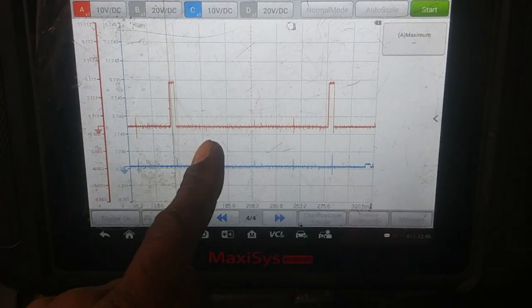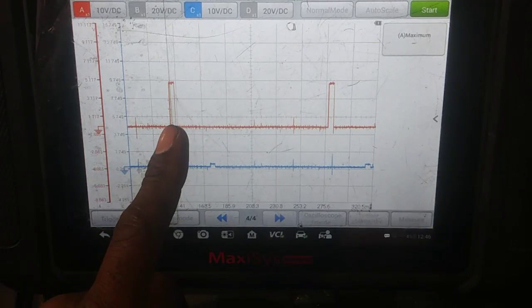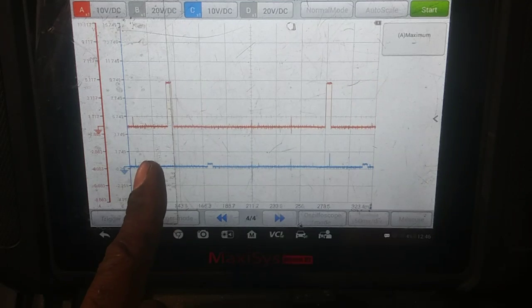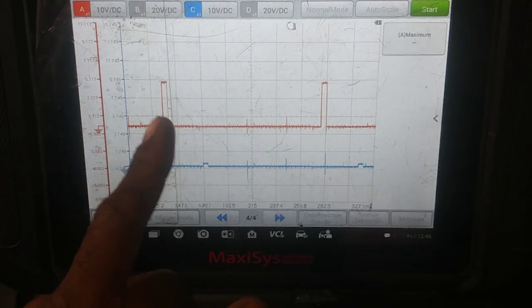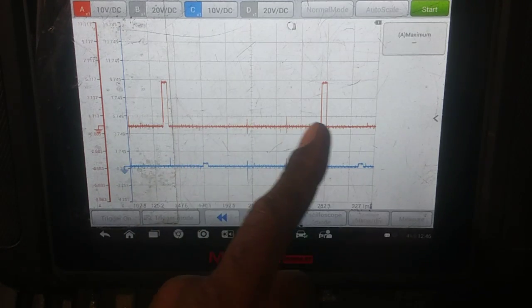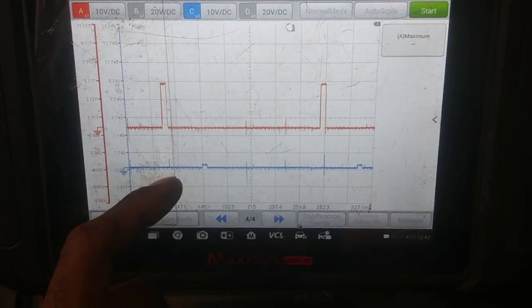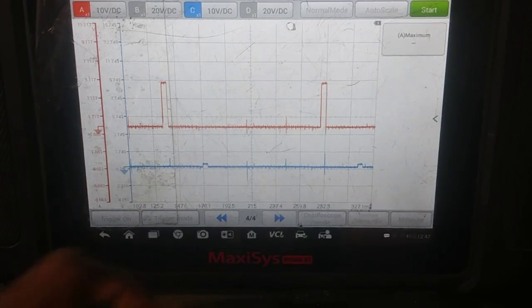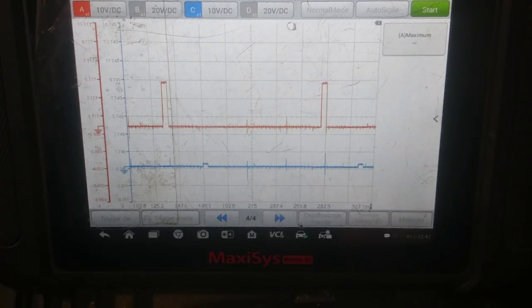But what we got here is the signaling for the coil, and here on the red trace I'm hooked up on number 1, and the blue down here is 3, which is the one that's failing, or has failed. So we got 1, 3, 4, 2, and it starts over 1, 3, 4, 2. So what's going on here? The signal side is just fucked up,